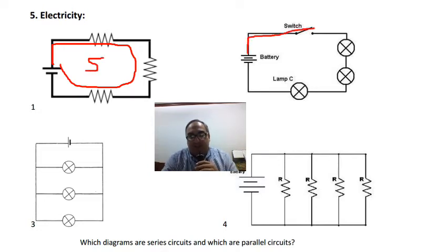The same thing: we have a switch there, some lamps, but we don't have any deviation, so of course this is a series. On this one, we start on the battery always, and we have two ways here, and then we continue here. Oh, another. So in this one,